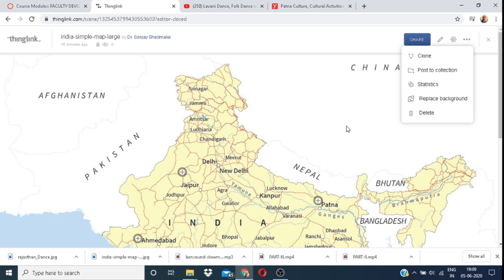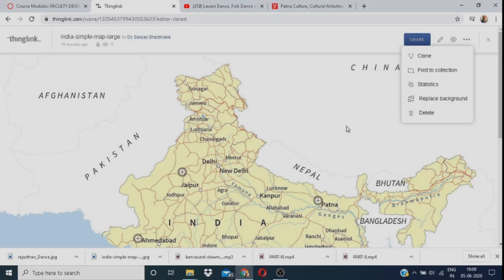It is very useful for students. You give one project to other students, you can share this project in a group and they can edit this image as per their requirement and you can assist. It is a very good website.